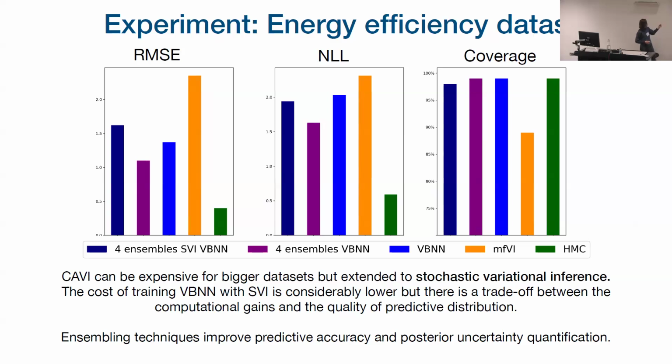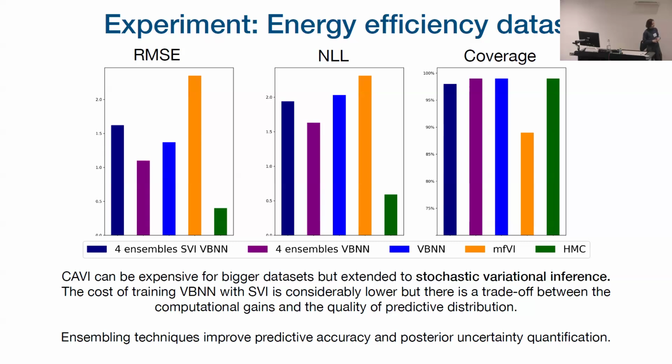So here we compare 5 possible models. One is just CAVI. I have just shown you the blue line, the one which says VVNN. One run of CAVI. Then I note that ELBO, yes, we are guaranteed to reach the local optimum of ELBO, but it's local, so ensembles make sense, and